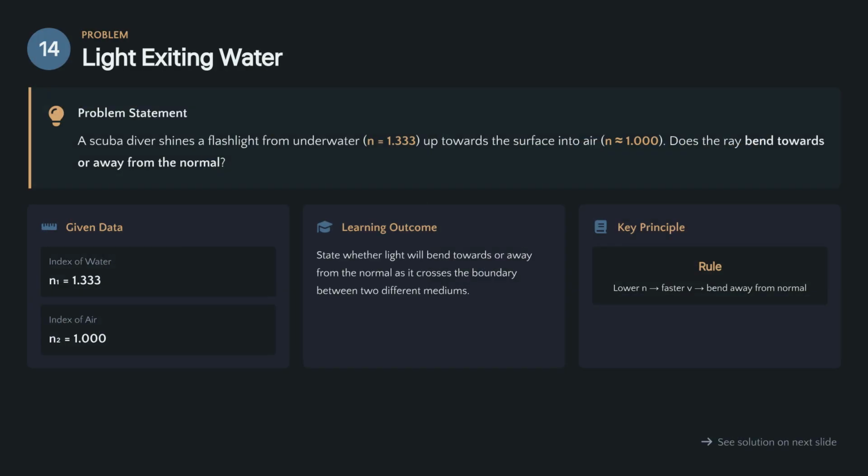Problem 14 involves a scuba diver shining a light from water into the air. Water has an index of 1.333, and air has 1.000. The light is moving from a higher index medium to a lower one, so we expect the ray to bend